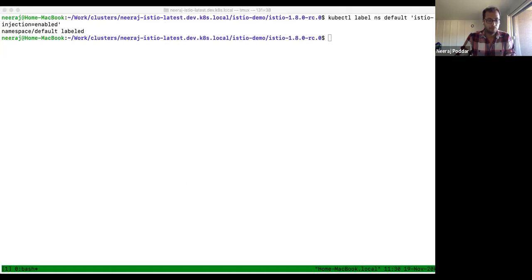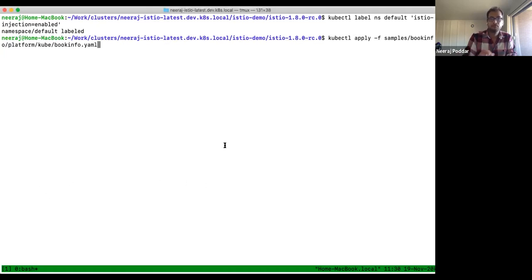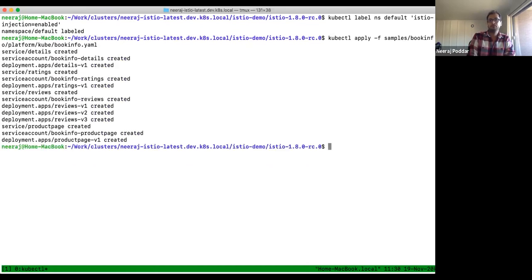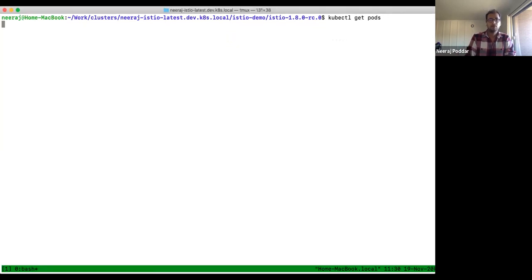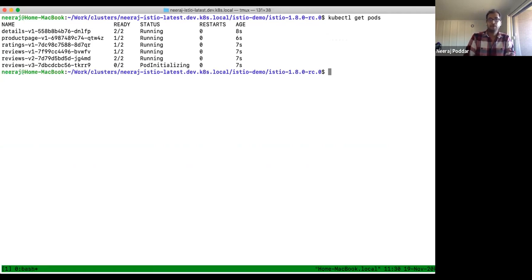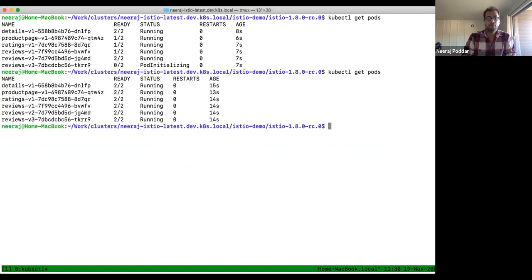I'm going to deploy samples Bookinfo, which I'm sure all of you have seen plenty of times. So now when I get my pods, they're coming up. All of them have 2 containers, which is a good sign. That means they have the sidecar proxy injected. There you go. So now all of them are running.